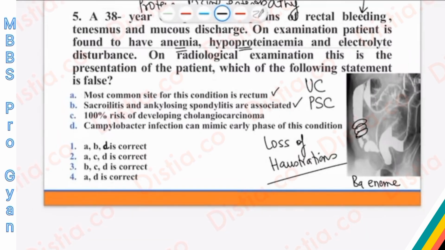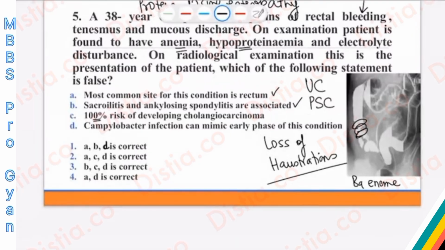You see, he is trying to test you on whether you are aware that ulcerative colitis is associated with primary sclerosing cholangitis and PSC causes cholangiocarcinoma. Yes, I agree that people with ulcerative colitis can have a tendency to develop primary sclerosing cholangitis, which can cause cholangiocarcinoma, but that does not happen in all cases, no. So there's something fishy about option number C. We need to be careful because we need to select the correct options. A and B are correct. C is a little plus minus.